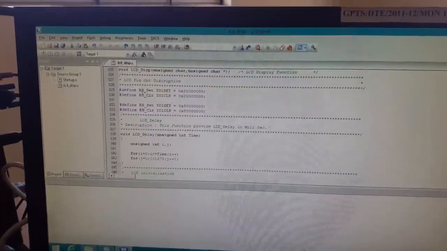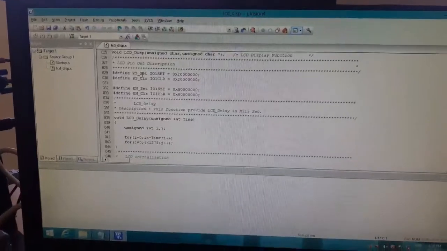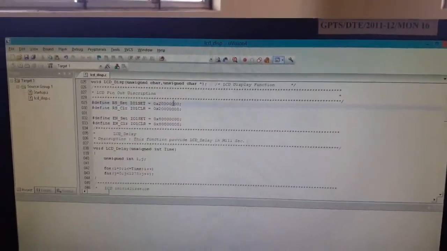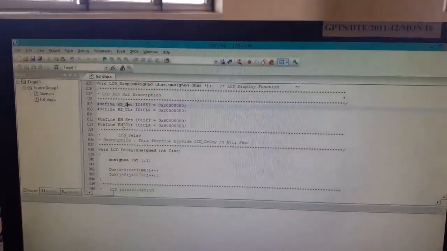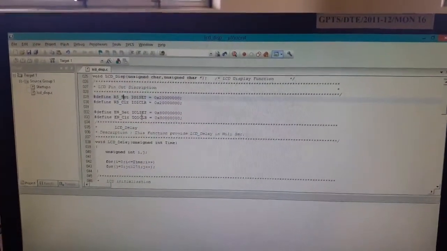After that, we have written the LCD pinout descriptions, that is #define RS set as IO1 set 0x20000000. Similarly for RS clear, then enable set and enable clear. These are the pinout descriptions we have written here.